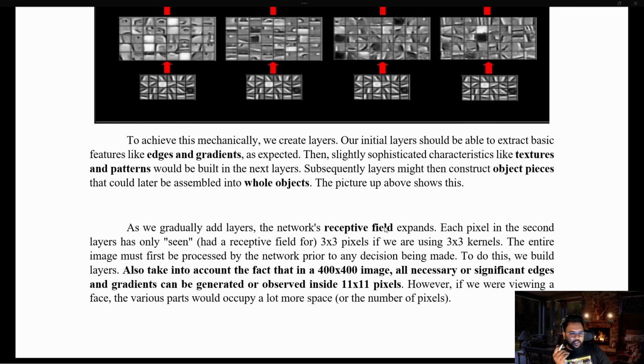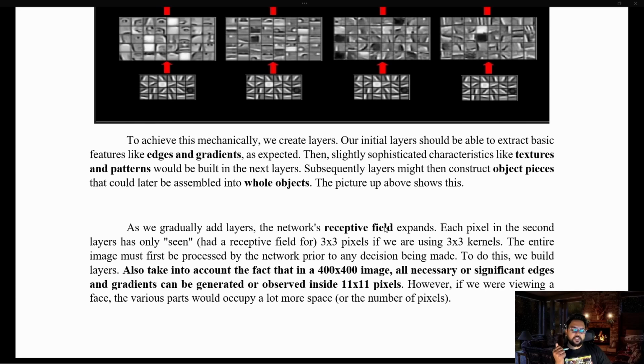So the intuition we can take from here is, in the initial block, we need to convolve in such a way that we can at least cover an area of 11 cross 11 while the image size is 400 cross 400, right? So this concept also is related to the receptive field,